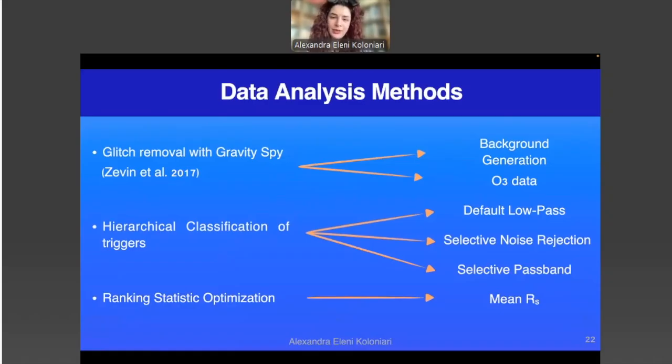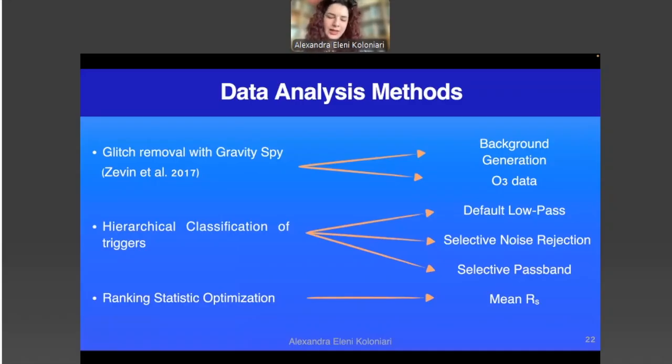The data analysis methods that were used were, first of all, glitch removal using Gravity Spy, which is a machine learning pipeline that detects glitches. And we did use that for both the background generation and the analysis of O3 data. We also did perform a hierarchical classification of the triggers using different filters, and we ended up with 3 categories: the default low pass class, the selective noise rejection class, and the selective passband class.